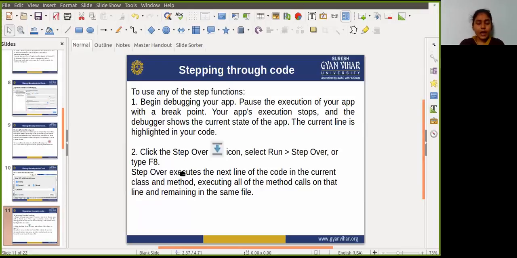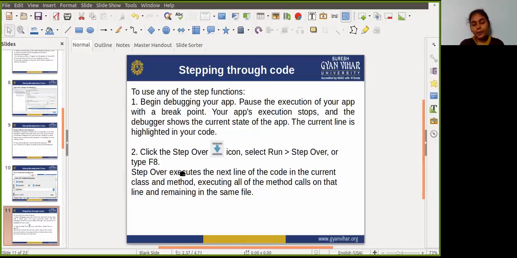Okay, so after the app execution has stopped because a breakpoint has been reached, you can execute your code from that point one line at a time with the step over, step into, and step out functions. To use any of the step functions, first you have to begin debugging your app, and then pause the execution of your app with a breakpoint.